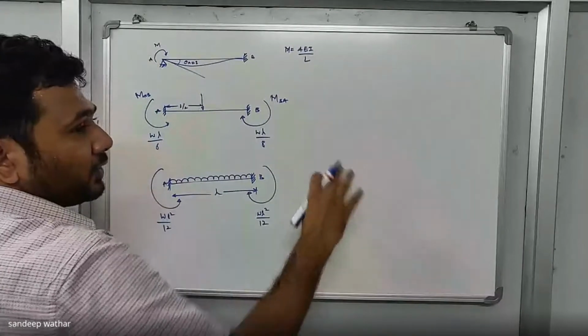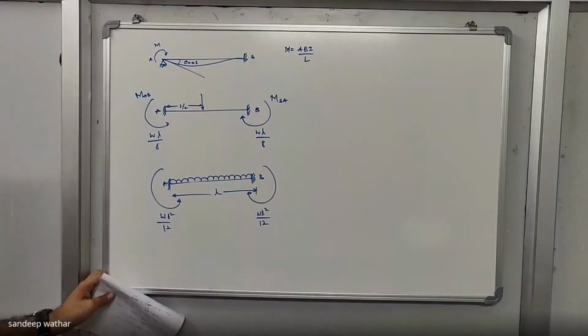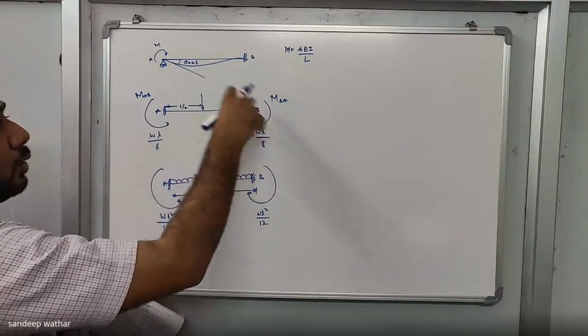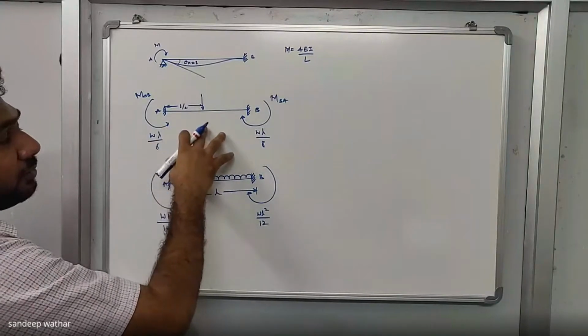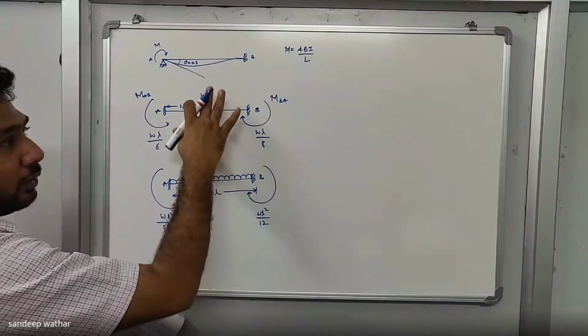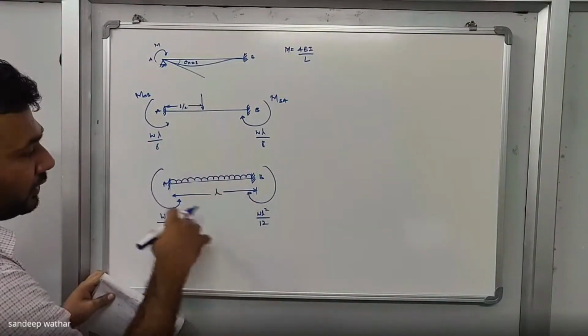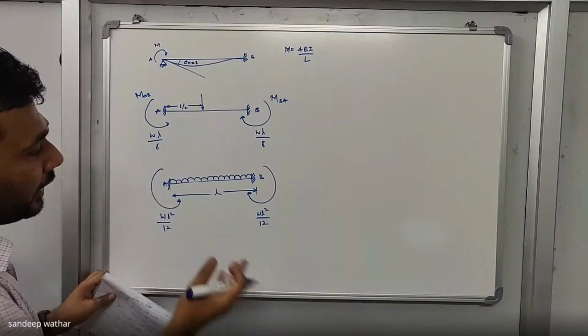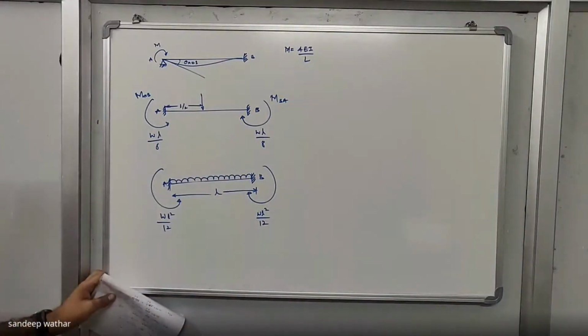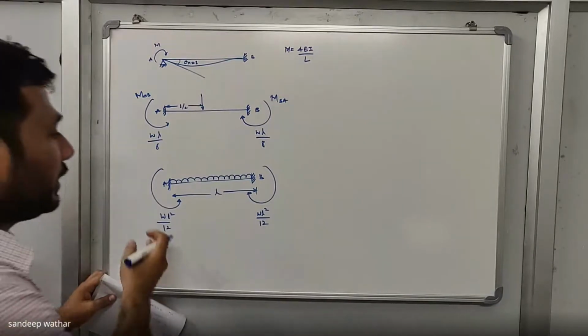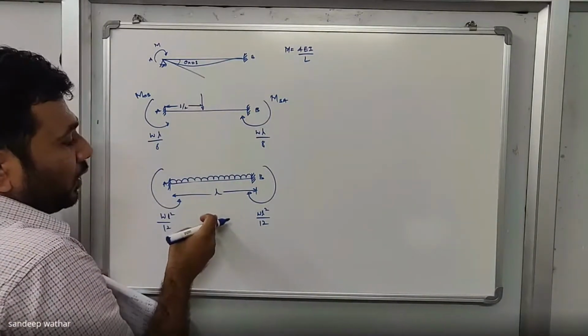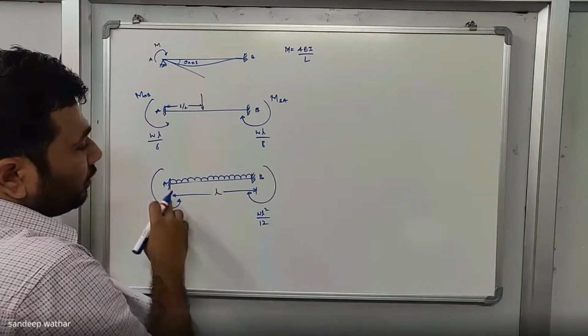But still, in the first two classes, I tried to explain the same thing. I tried to explain how to calculate the end moments for a fixed beam in one loading condition. You can do similar for the rest also. I will give you this as your classwork, or you can consider it as your assignment also. I will give you a hint on how to solve this. Previously I solved it, and I will give you the hint also. You try to solve the end moments for the fixed beam.